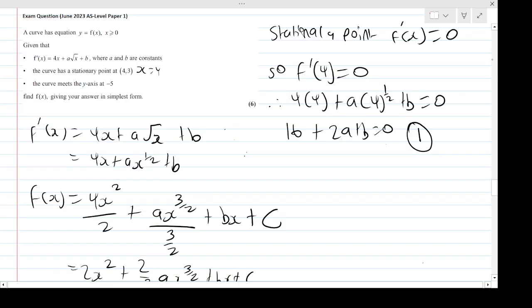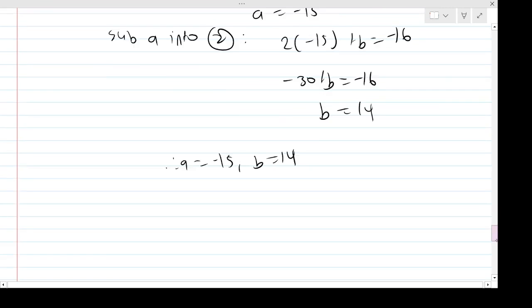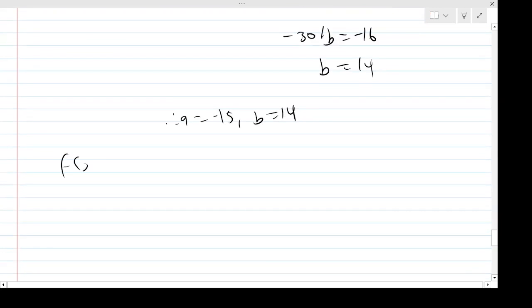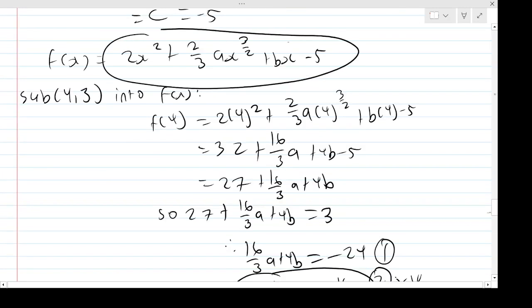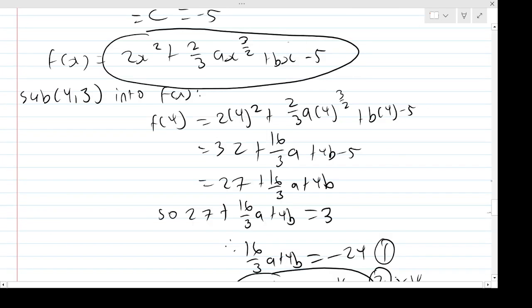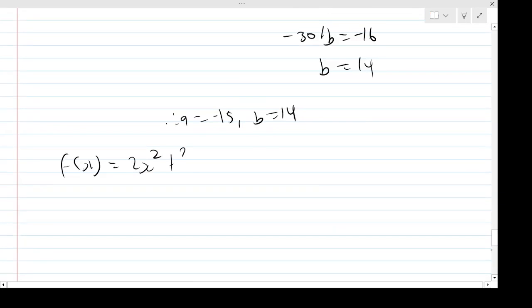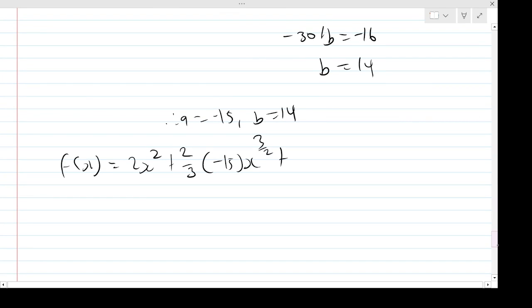But that's not the question. The question wasn't to find the missing values. The question was to find f of x. And when it says find f of x, it means to find all the missing coefficients. So we need to restate the function with all the values determined. So f of x, if I remind you, f of x was this: 2x squared add 2/3 a, but a is minus 15, x to the power of 3 over 2, add bx, so that's going to be 14x